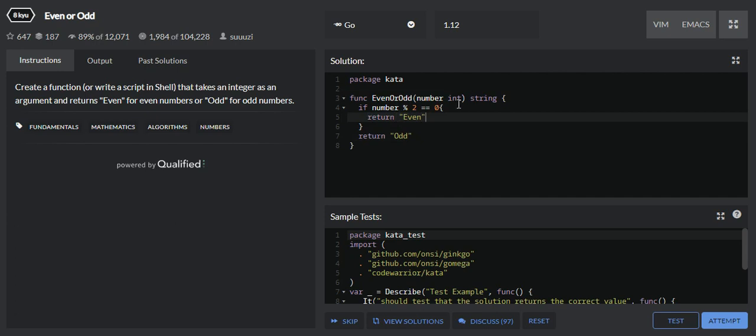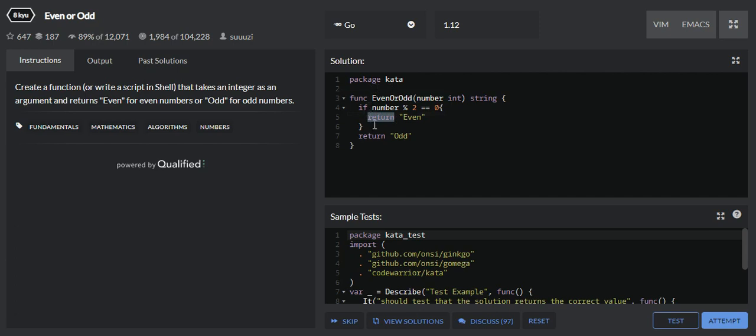How it will work is, suppose the given number is 4, then it will go into the if and check if 4 is divisible by 2. Yes, 4 is divisible by 2, so the remainder is equal to 0. Then it will enter the if block, and this return statement will directly return from the function.